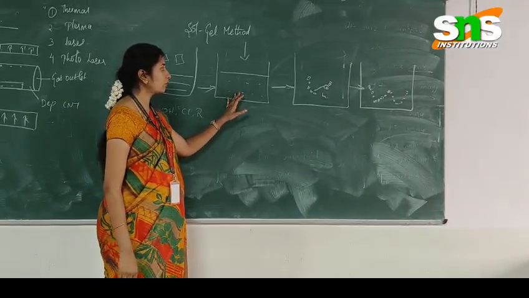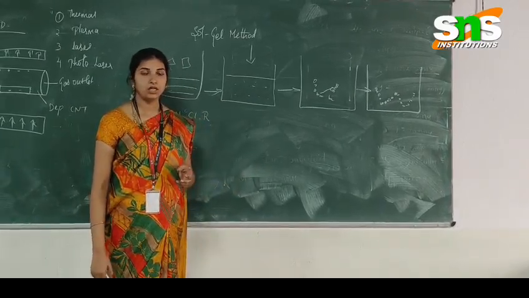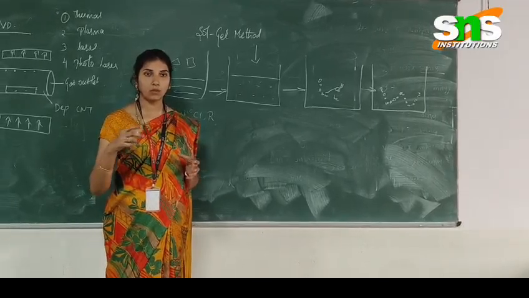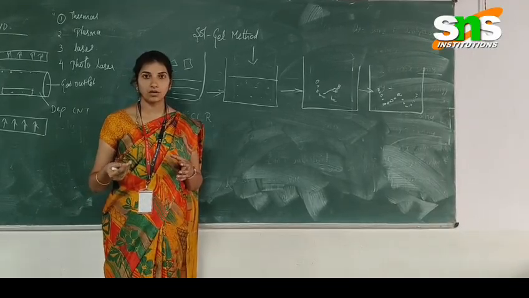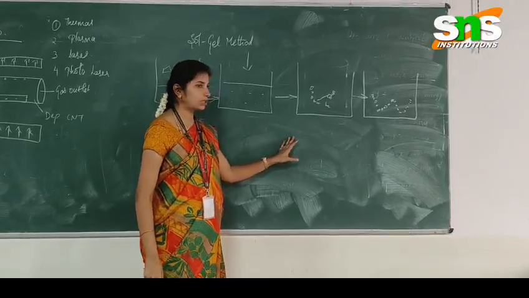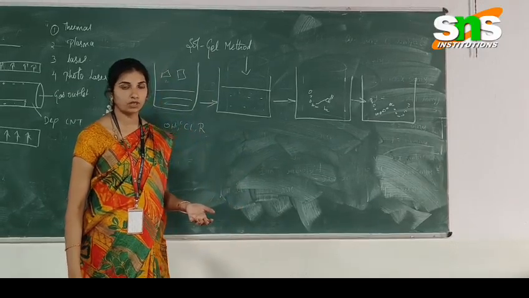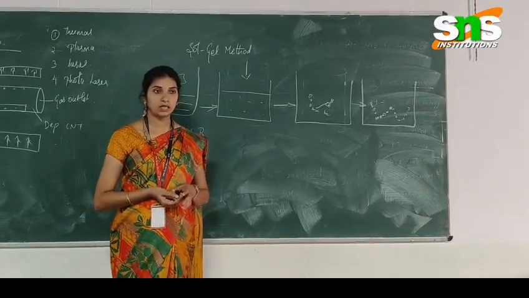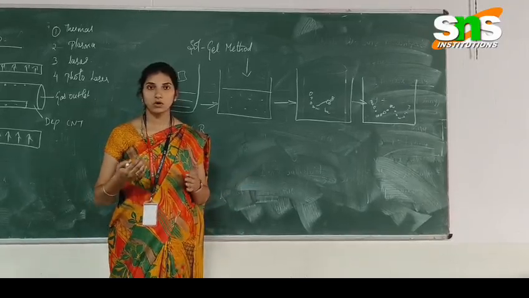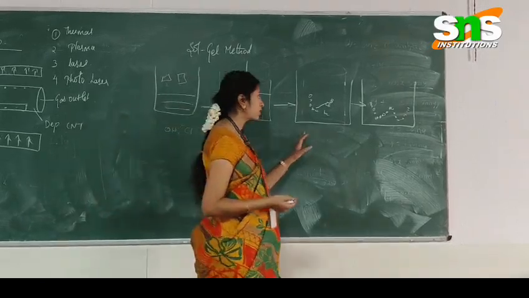In the second process we are going to convert the gel structure into an integrated network gel. With the formation of an integrated network gel, the removal of water molecules can be carried out from these reactions. The third process can be carried out by using this liquid gel structure, a semi-rigid structure. The semi-liquid gel structure can be used for the removal of water molecules based on the solvent.